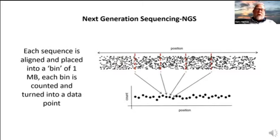So once you've aligned all of these pieces of DNA, you're going to place them into a bin. And a bin is simply where we take the genome and break it down into usually approximately 1 million base pieces of DNA. And then you simply count across those bins. So you see here on the very top, those are the bins, and you can see there are variants from different places in the genome, all along the chromosome. And then each of these bins gets consolidated down into a dot that you're typically used to seeing when you look at one of the profiles that a lab might show you,